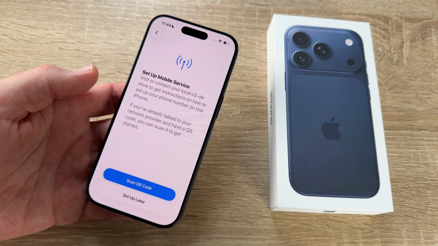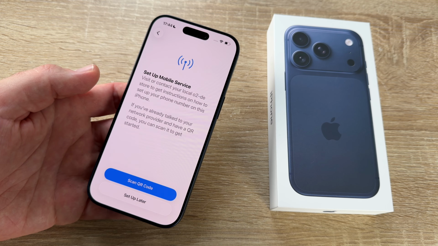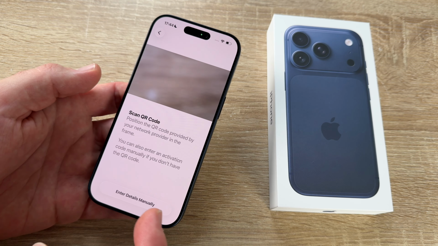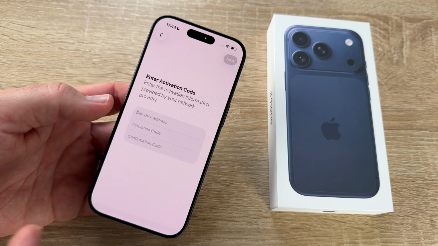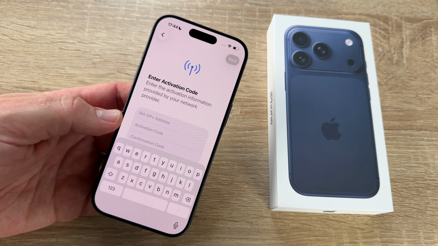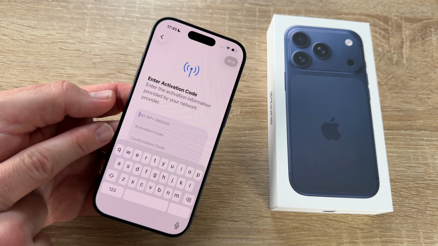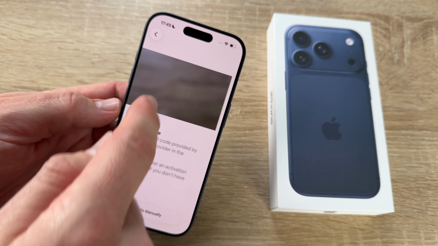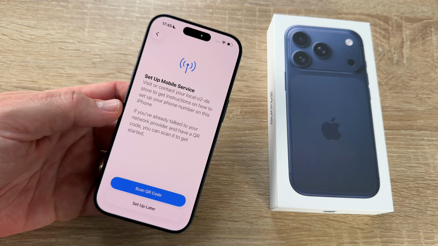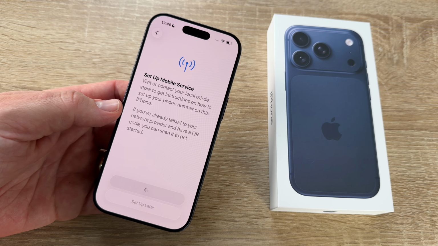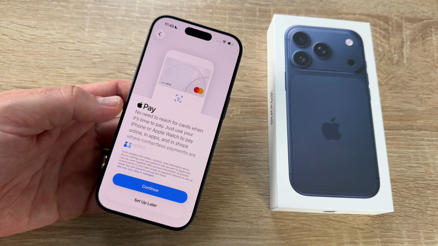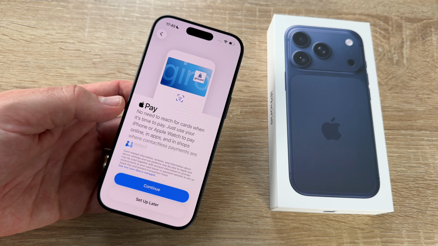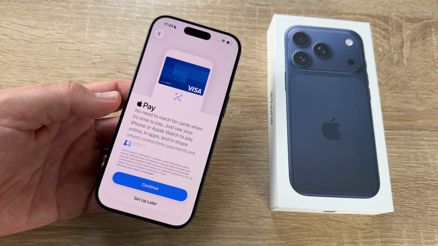Embedded SIM means we have a contract for an eSIM, and then we get a QR code, and we scan that QR code. Information will be shared, job's done. Or we enter the details manually: SM-DP+ address, activation code, and confirmation code. After this, we should be ready for mobile. Or we set up later or never, because you do not need a SIM card provider to use that phone. Mobile, of course, but at home with Wi-Fi, no problem.